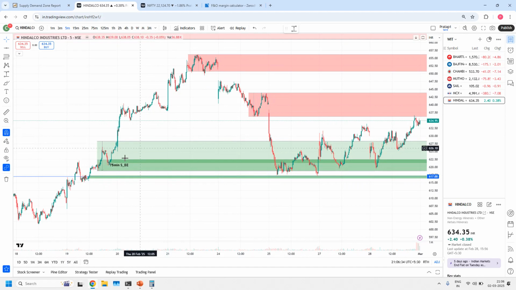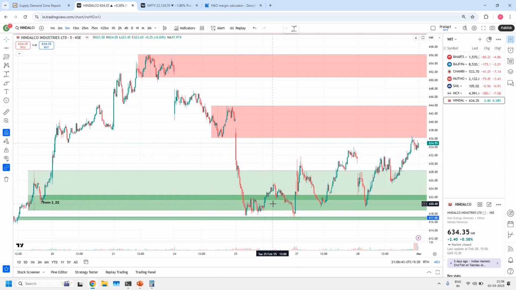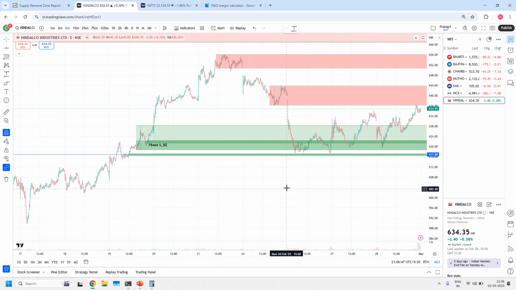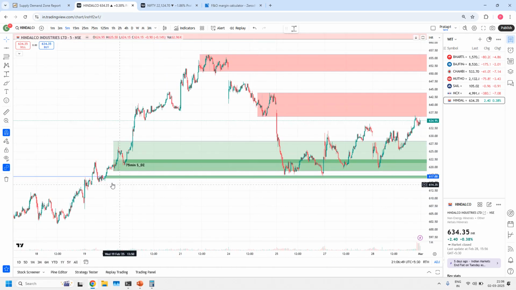If you feel risk, you might have taken a trade at 15 minutes level, exactly there. Fine-tuned 5 minute zone is also there. It might be the safest trade for you. That way, if you plan a trade, those people get good profits. Even if the zone is pierced, still it is within your